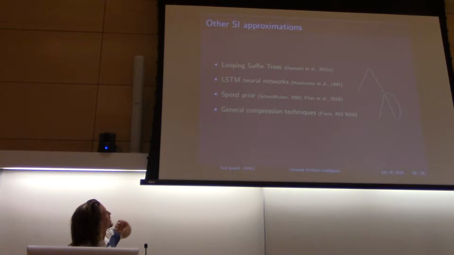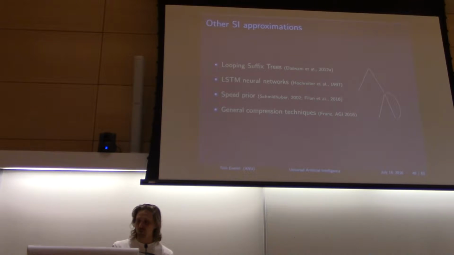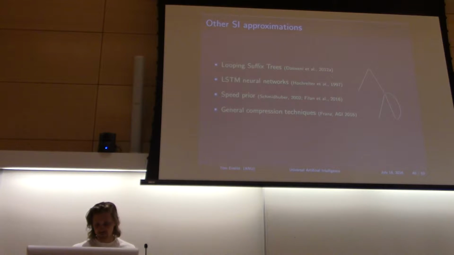The speed prior is Schmidhuber's suggestion for making Solomonoff's distribution computable. It's still like double exponential computation time, so it's not really that efficient yet. Sort of the key component of this speed prior in Solomonoff is, in a sense, compression. And there's actually a paper by Arthur at this AGI conference about making compression more efficient. So possibly this could also be a venue for making Solomonoff induction more efficient.